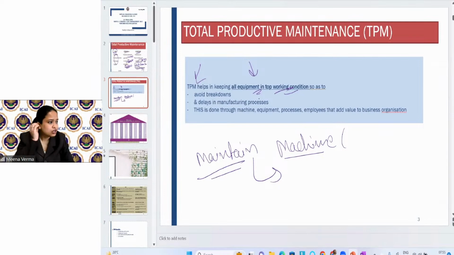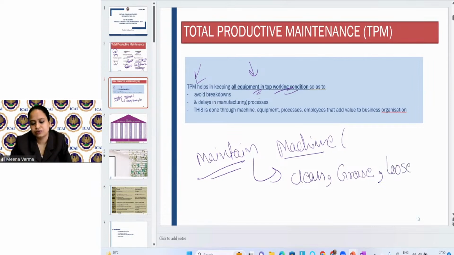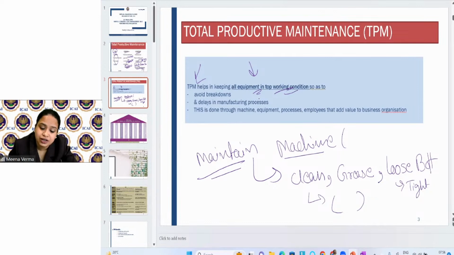Always keep maintaining it. Keeping maintaining means always properly cleaning the machine. The one who is working with the machine should always clean it. Grease the machine. Greasing of machine is important, right? Grease them. Then if there is any loose bolt, tighten it. If you know that any breakdown could happen in future, immediately inform the engineering team to correct that or replace the machine. So the worker has to focus on all these things